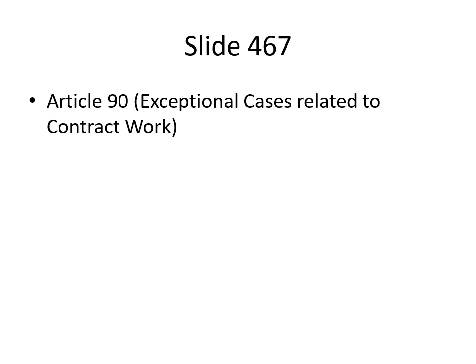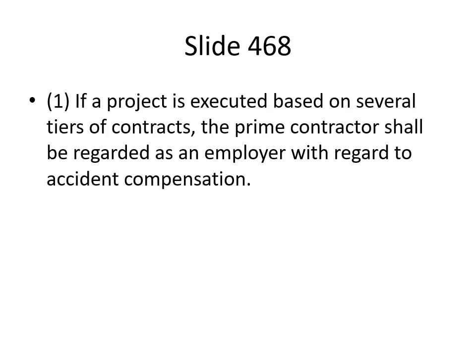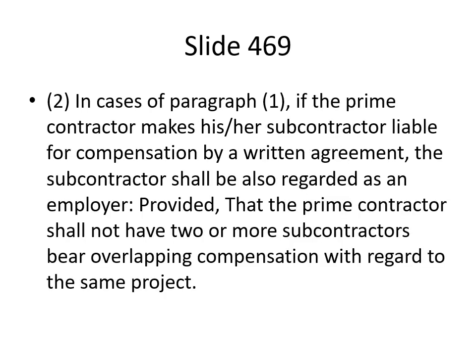Article 90, Exceptional Cases related to contract work. 1. If a project is executed based on several tiers of contracts, the prime contractor shall be regarded as an employer with regard to accident compensation. 2. In cases of paragraph 1, if the prime contractor makes his/her subcontractor liable for compensation by a written agreement, the subcontractor shall be also regarded as an employer,